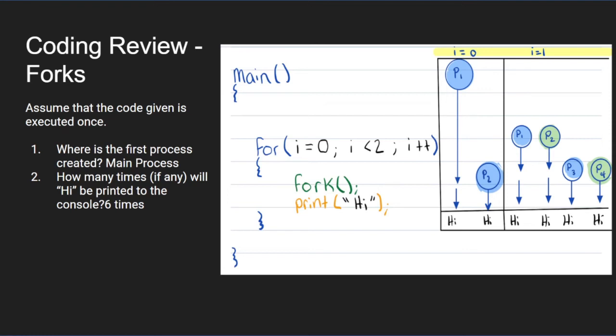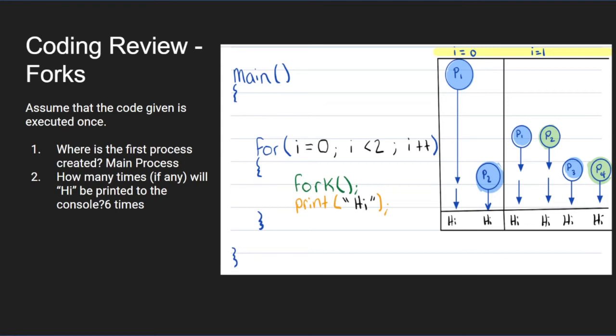Excellent. Yep, awesome job. So what he said was right. P1 enters that for loop, creates the first copy of itself, P2, and goes and prints hi. P2 that was just created prints hi as well. Then the for loop increments to the next iteration, so now i is equal to 1. P1 hits that fork statement again, makes P3, then finishes up, prints hi, and it's done. P2 hits that fork statement as well, so it makes another process, P4, and